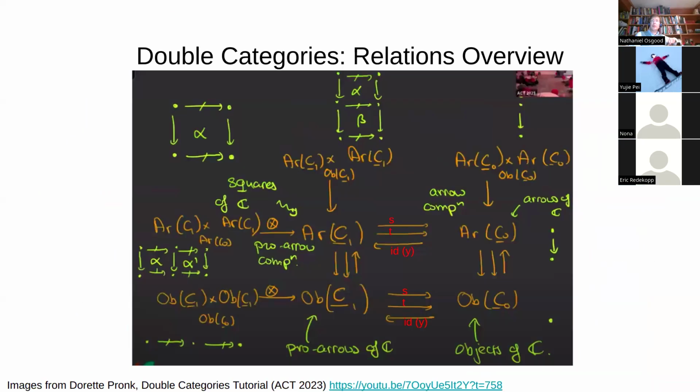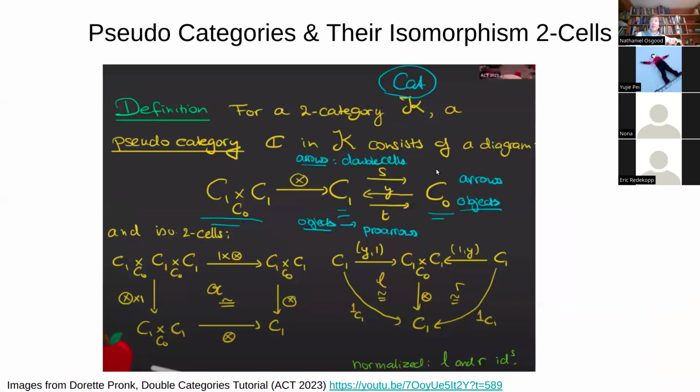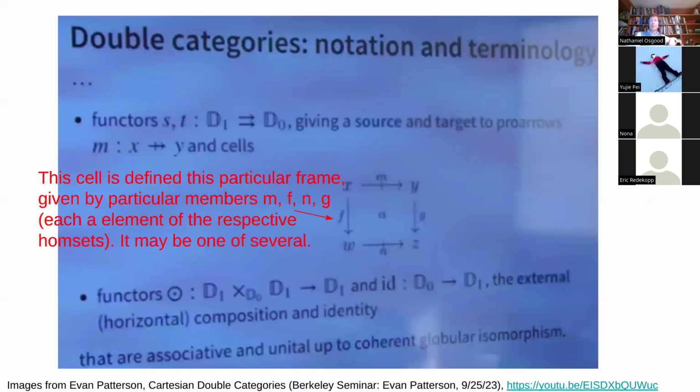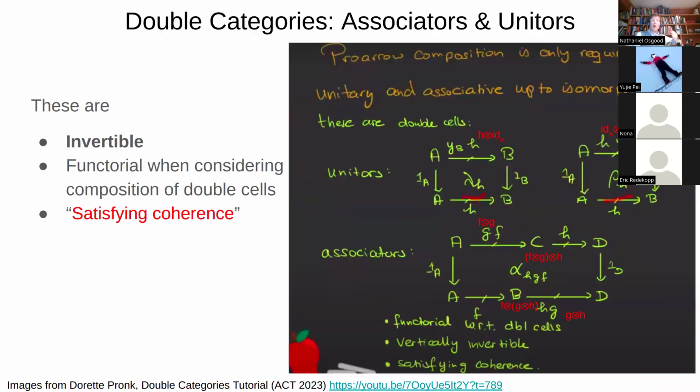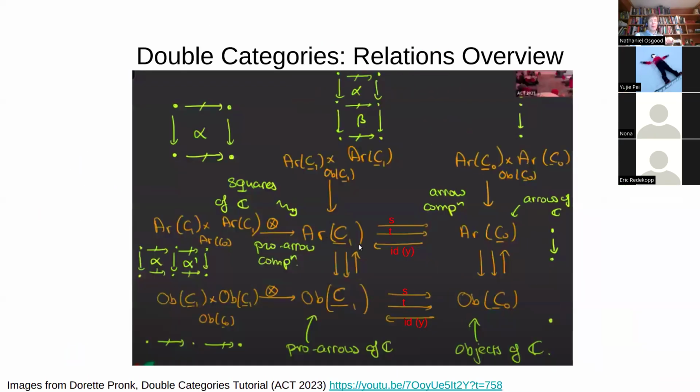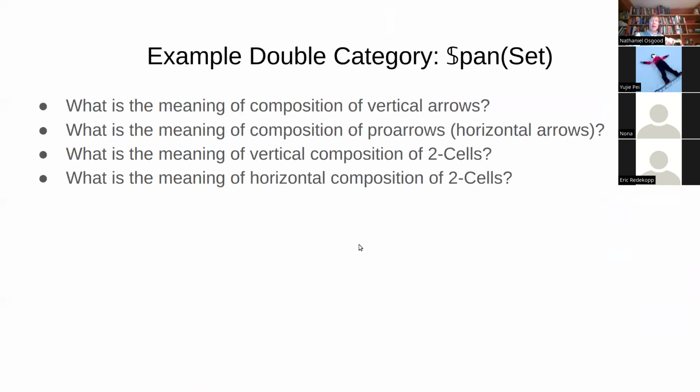Vertically is just within each of these categories, within C0, you have the ability to compose arrows. That's right. These are just morphisms in this category. You have the ability to compose them vertically. Horizontal composition is loose. Is not strict. In general, it's weak or strong. Horizontal, and basically